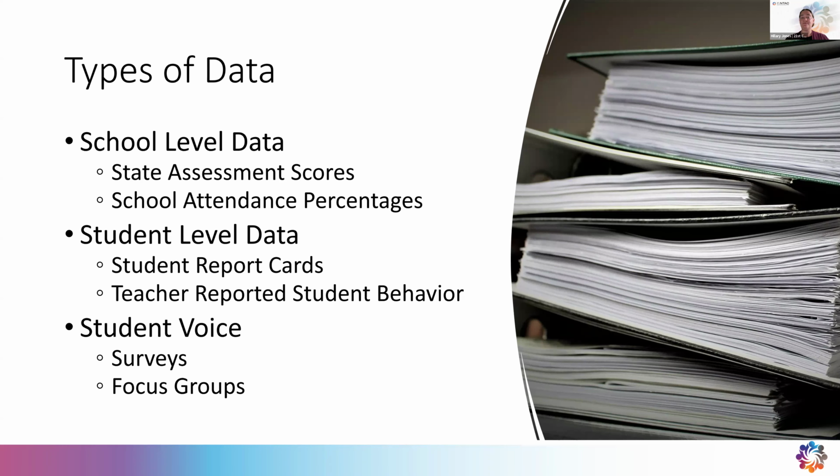And sometimes it's easy to get lost in one of these levels of data and not consider the others. And really, a well-formed activity takes all 3 levels of data in hand and says, this is how we're going to move forward. And so even though there's a wide variety of sources of data we can look at when we're planning our 21st CCLC program, and these are often based on our state, on our school, on our programs, we need to make sure that we're also looking broadly in our communities